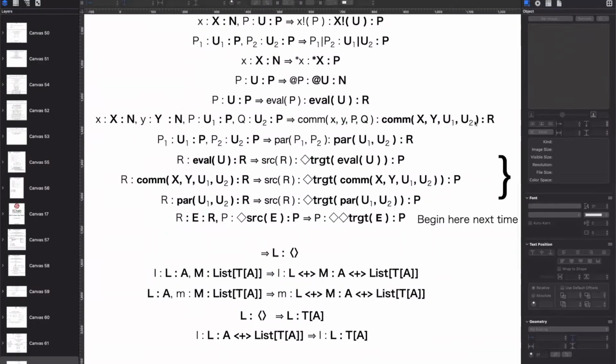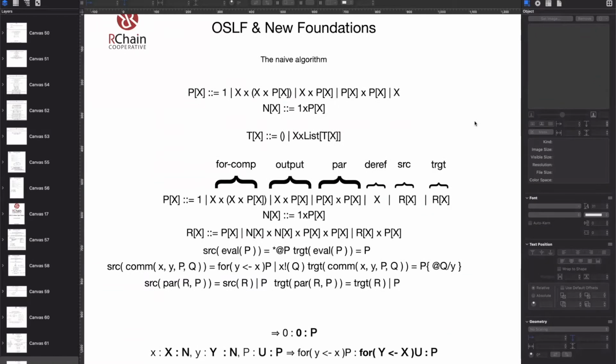Okay, so I'm going to talk about the addition of the behavioral components. So far we've been talking about the structural components. And now I'm going to talk about the addition of the behavioral components. So we start with a description of the structure. And what we're going to do is add to that a description of the behavior. So the structural description,